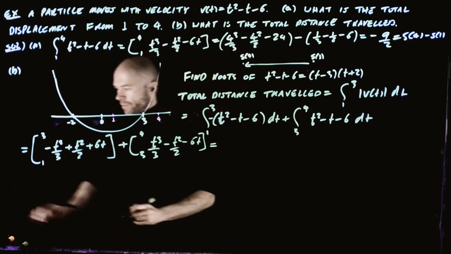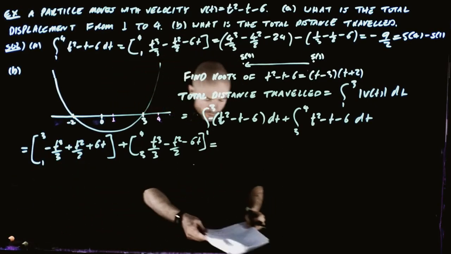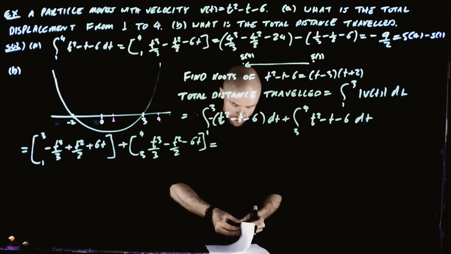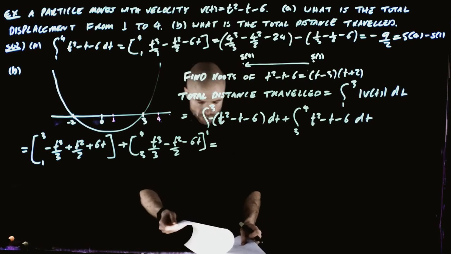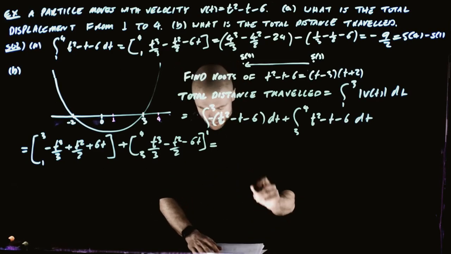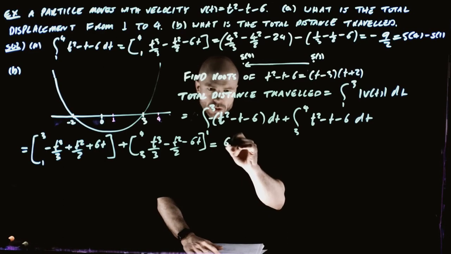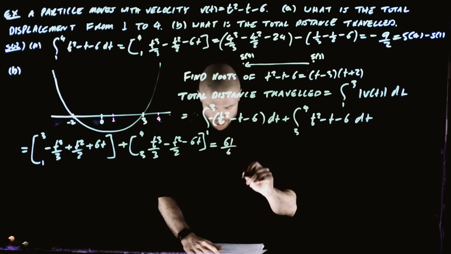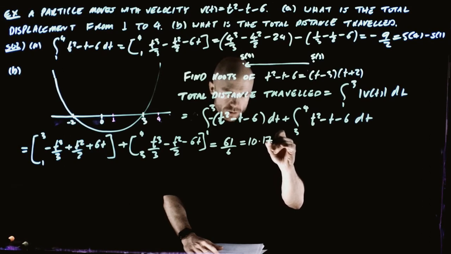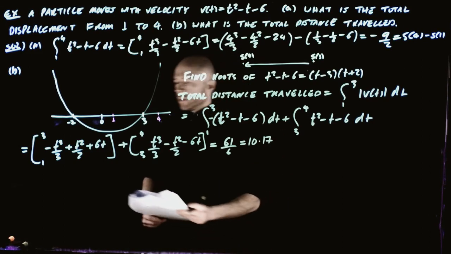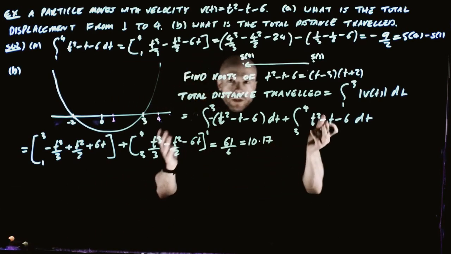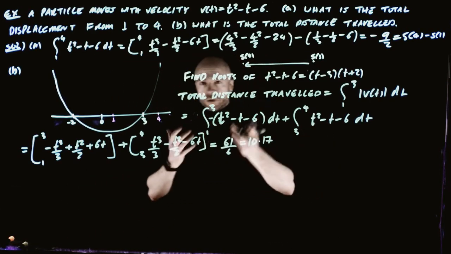And then what is this? Put the numbers in. And this turns out to be 61 over 6, which is 10.17. Okay, so we are happy because firstly, this is a positive quantity, so that at least is the right sign,